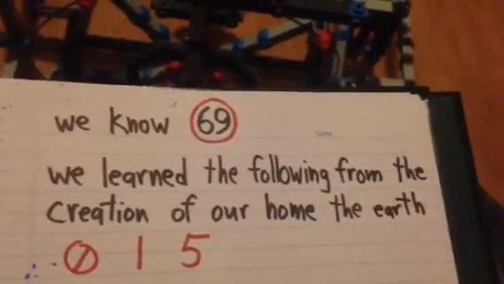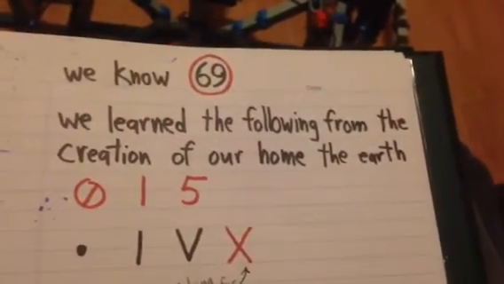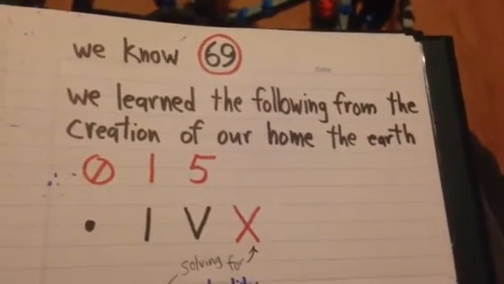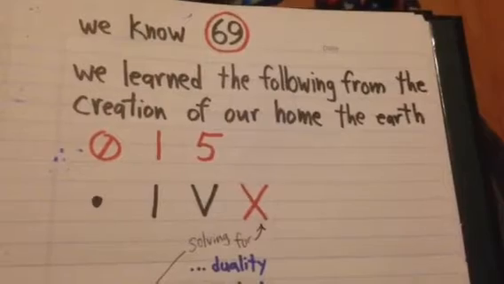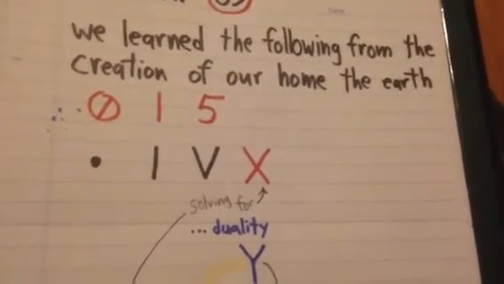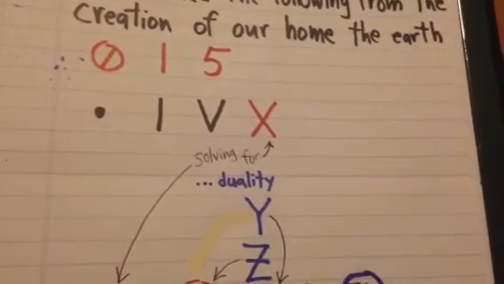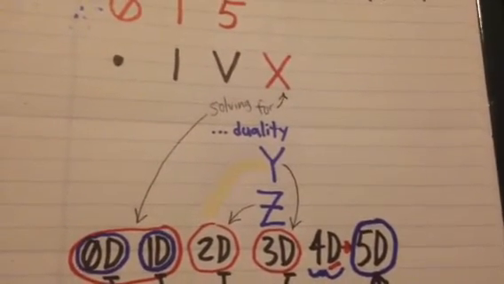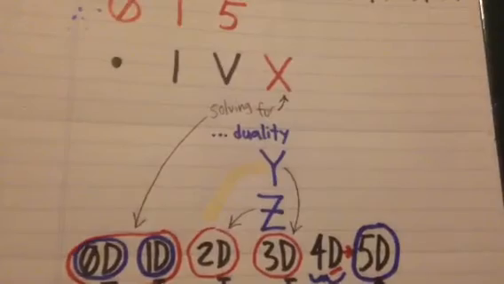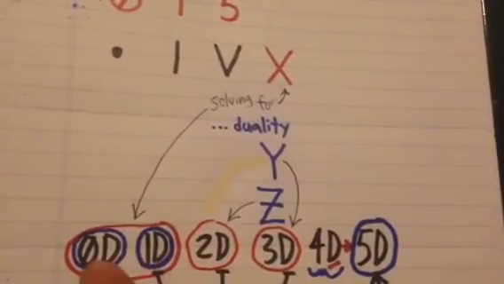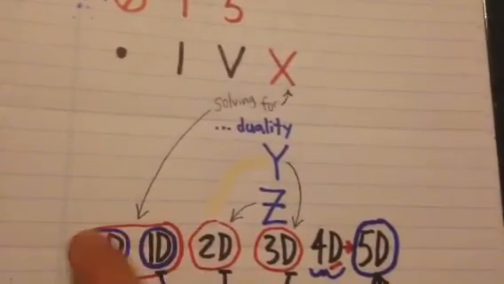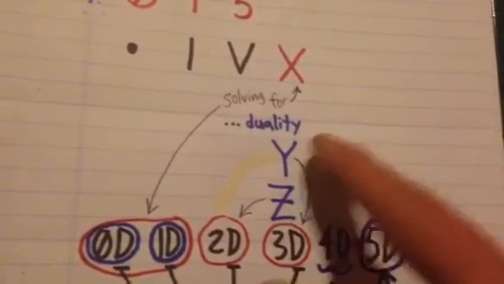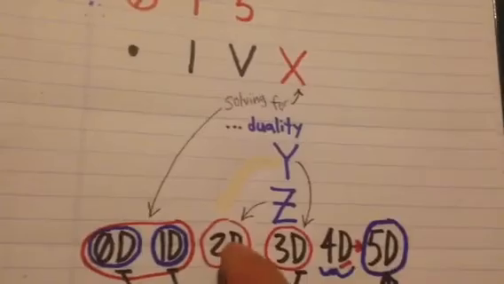Okay? 0, 1, and 5. A singularity, a 1, a V, an X. And we're going to solve for X, okay? But remember duality. So because there's duality, we're going to have a Y and a Z. And since we're solving for X, and we know that a 0 is equal to a 1, well, a 0 and a 1 are equal. They make a 1. And if we're solving for duality for a Z and a Y, or the second dimension,